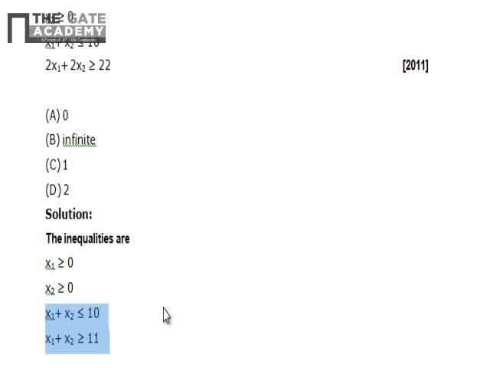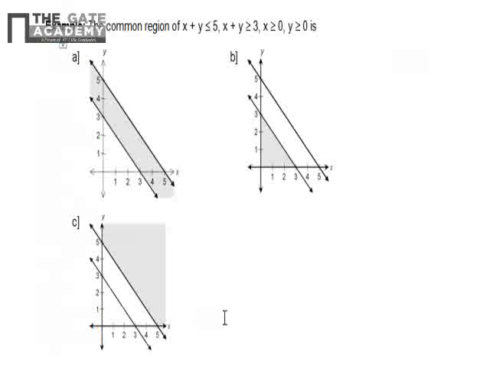You can see our previous example, x plus y is equal to 3, x plus y is equal to 5. These two are two parallel lines. So there also, x plus y is 10, x plus y is 11. That means there will be two parallel lines, but 10 below and 11 above. That means there will be no common feasible region. Okay, that means there will be no solution at all.